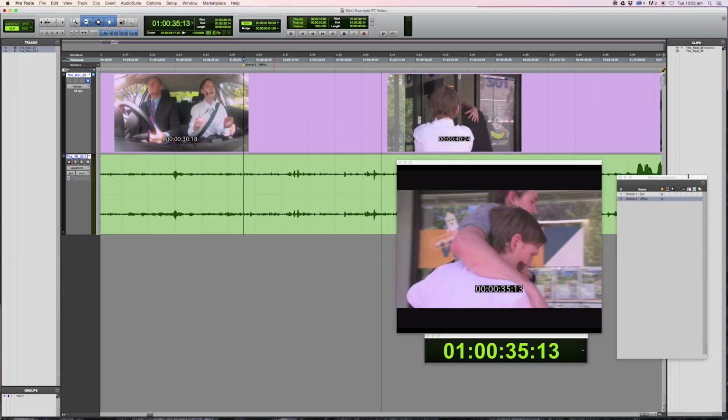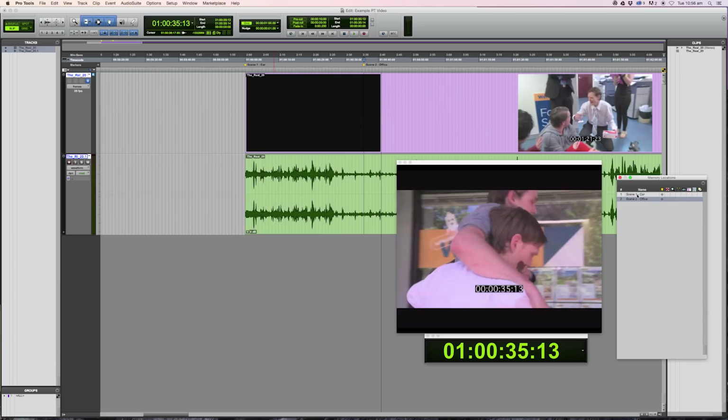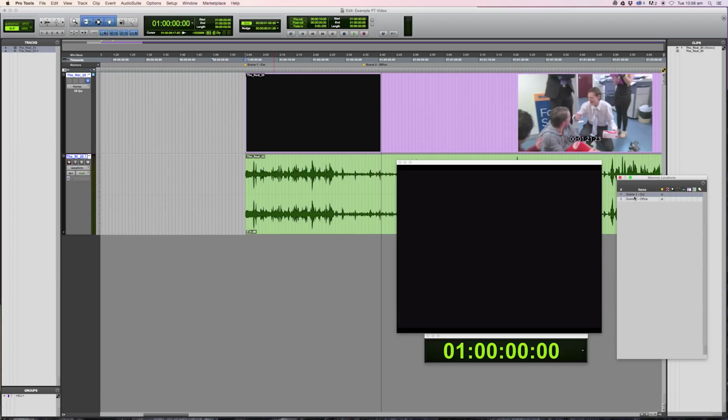I've got my memory locations window open. So now I've got a really quick list of all my scene changes. This is also really useful for other things that I want to navigate to quickly. So key hit points, problem areas where I've got to get back to, things like that are all really great to have. I also put something in at the end